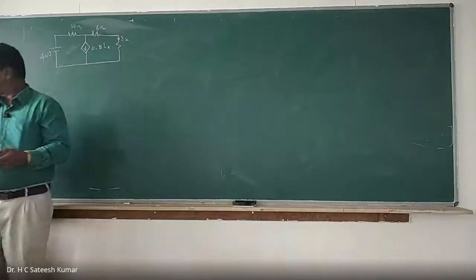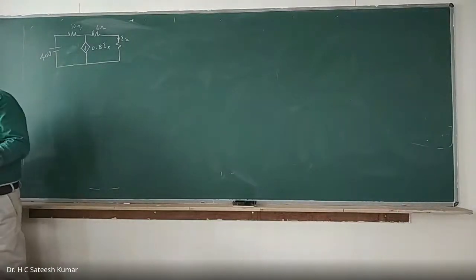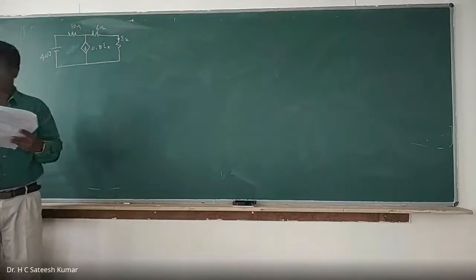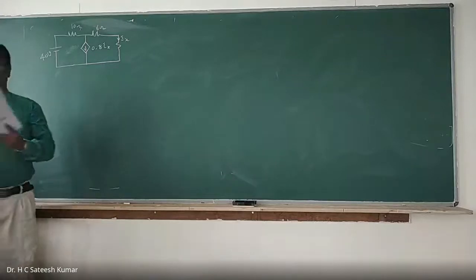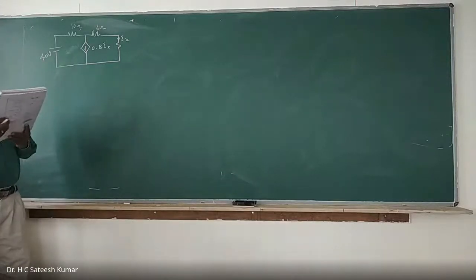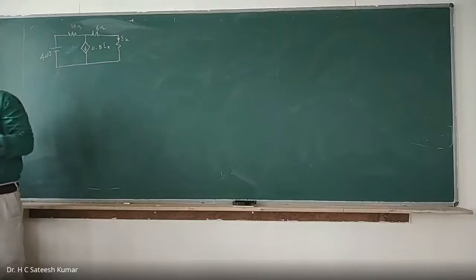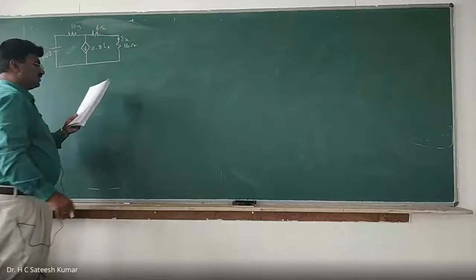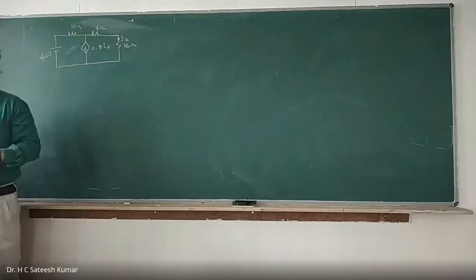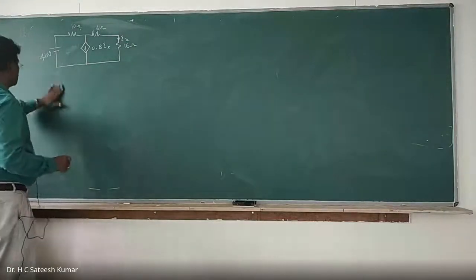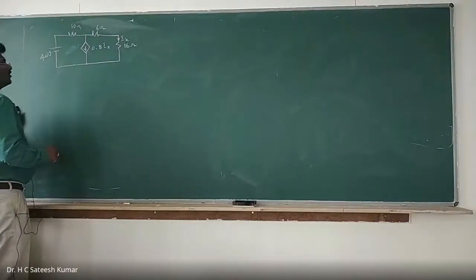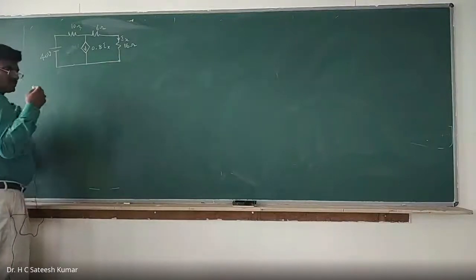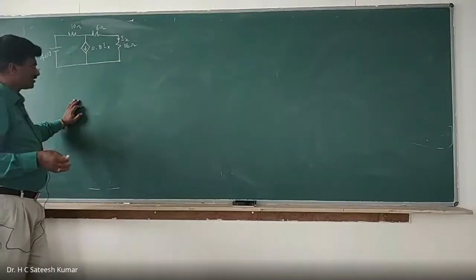Okay, right. Now what do we have? Find IX. The question is to find the current through the 16 ohm resistor. That 16 ohm resistor is this one, using Norton's theorem. Okay, right. How to do this problem? If you want to find the current through the 16 ohm resistor using Norton's theorem, you have to go for the V Thevenin, I Norton, Z Norton, all those things.